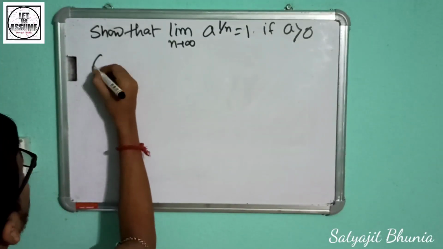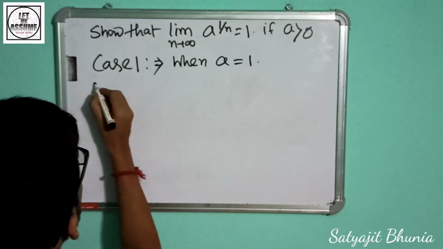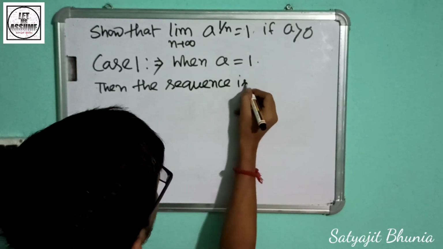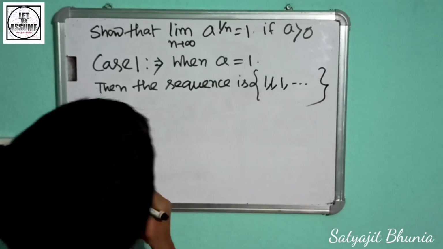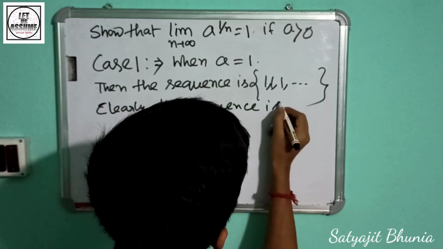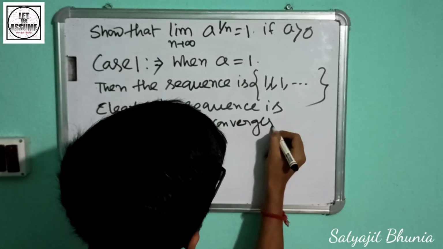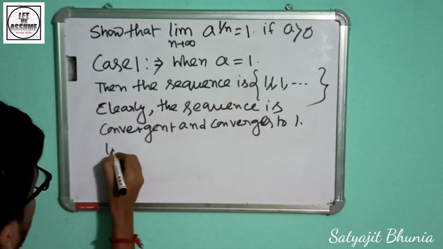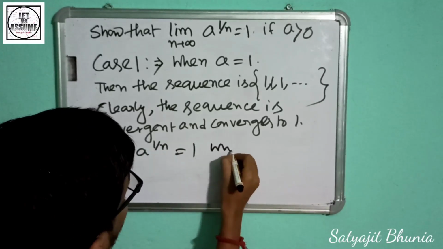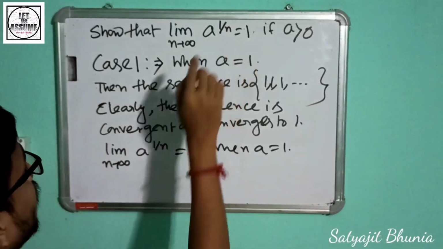ঠিক আছে, এবার কেস 1, when a is equal to 1, then the sequence is 1 1 1 and so on. So clearly the sequence is convergent and converges to 1. So limit n tends to infinity a to the power 1/n is equal to 1 when a is equal to 1. যখন a এর মান 1 হবে তখন এটা ক্লিয়ারলি দেখা যাচ্ছে এর মানটা 1 এর সমান হবে।